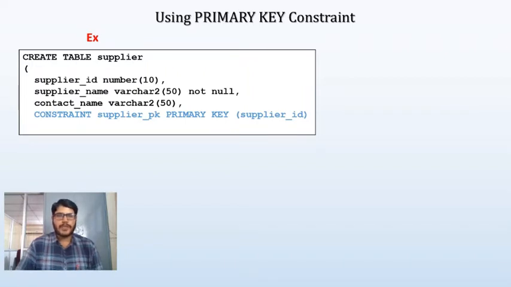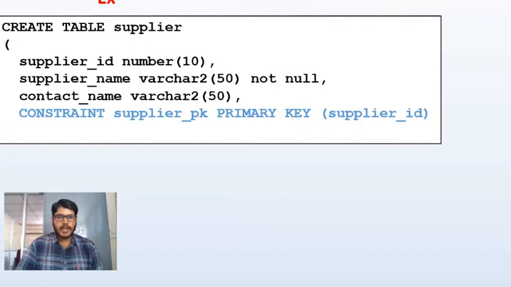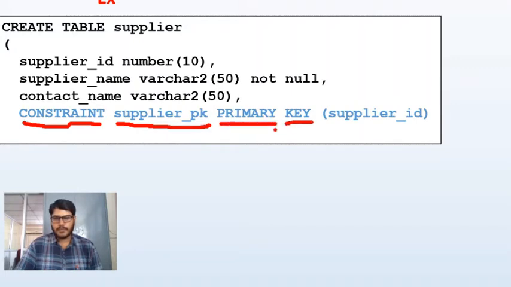So first we need to specify the constraint keyword. And after this keyword, we need to specify the name for the constraint. And after specifying the name, we have to use the primary key keywords. We have to use these two keywords. Look at this, there is a space between primary and key. After the keywords primary key, we need to specify the column name.